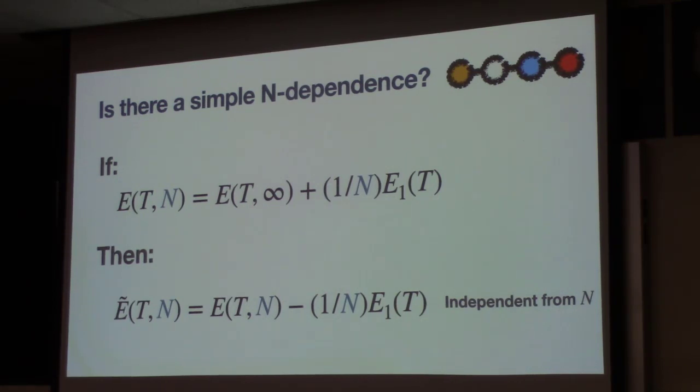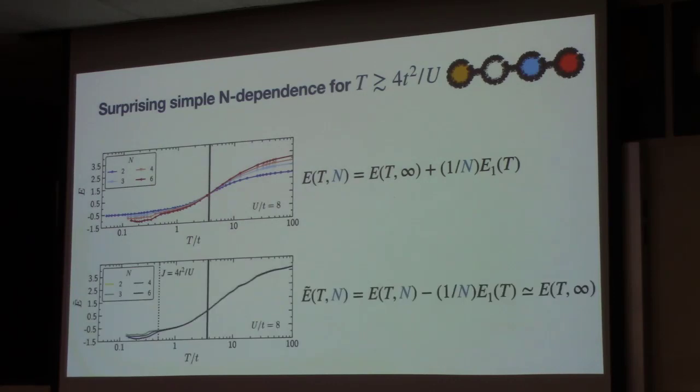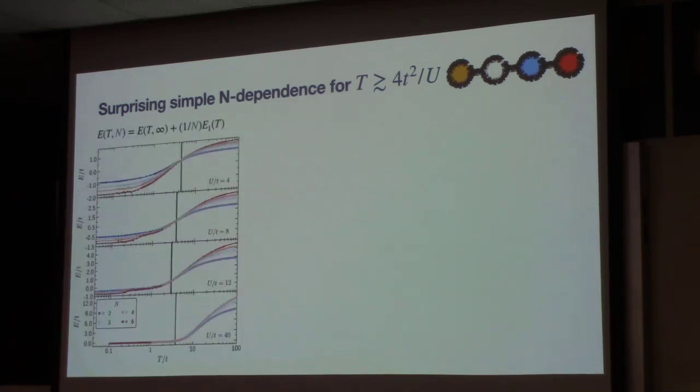So we said, okay, let's test it. We took the data I previously showed you, that looks like this, the curves as a function of T for different n. And then when we calculate E tilde, all of these curves collapse on top of each other until we reach this vertical scale that corresponds to the superexchange energy. And then they split apart. So one could say, well, you were lucky, that only happens for that value of the interaction U that you picked. But no, that's not the case.